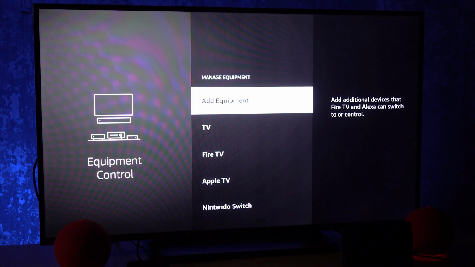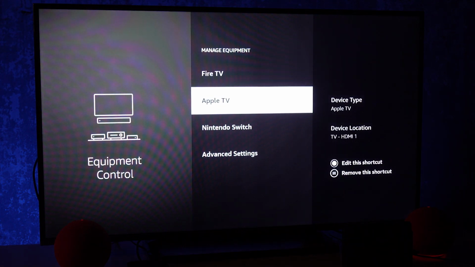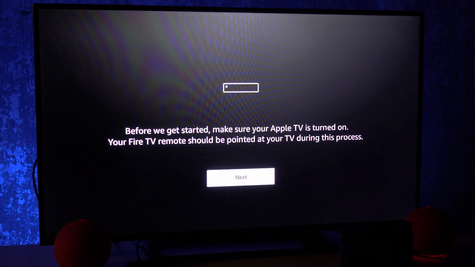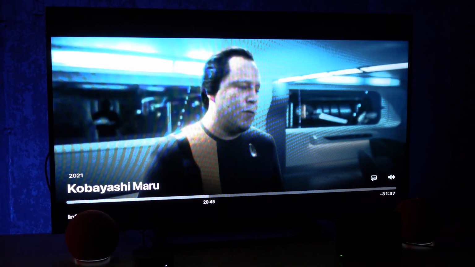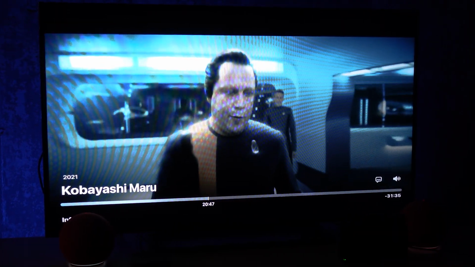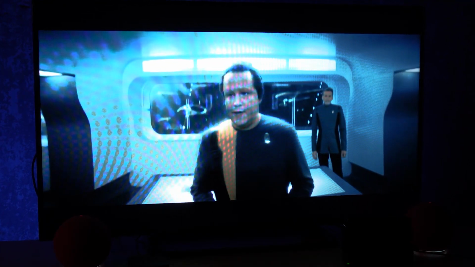You can also ask through the voice assistant to go back to your Fire Stick, or you can press the home button to switch back to that Fire TV interface. The Fire Stick remote now controls the volume and allows you to move between the ports on your television. This makes your Fire TV Stick incredibly powerful,